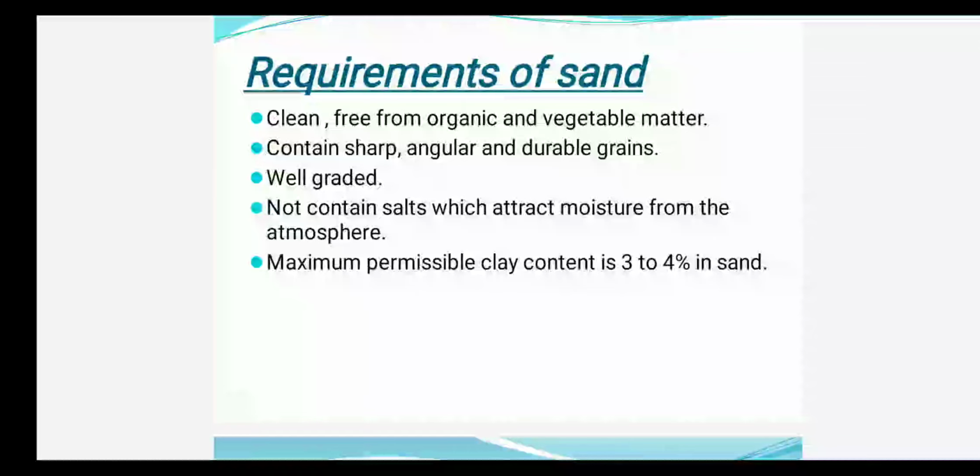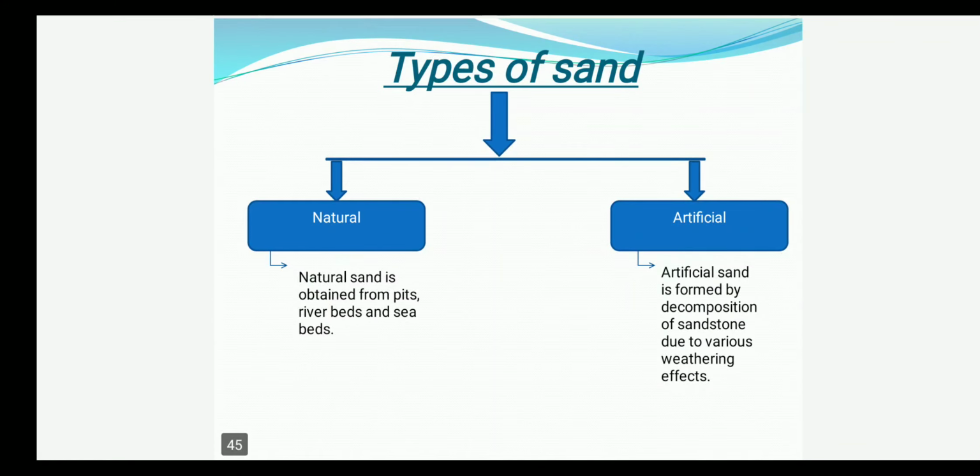The sand should be such that it should pass through the 4.75 mm sieve and it should retain on the IS sieve number 5 as per the Indian standards. As you know, sand is natural as well as artificial. Natural sand is obtained from rivers, river beds, seashores, lakes, nalas, while the artificial sand is obtained by crushing of stones, gravels, etc.